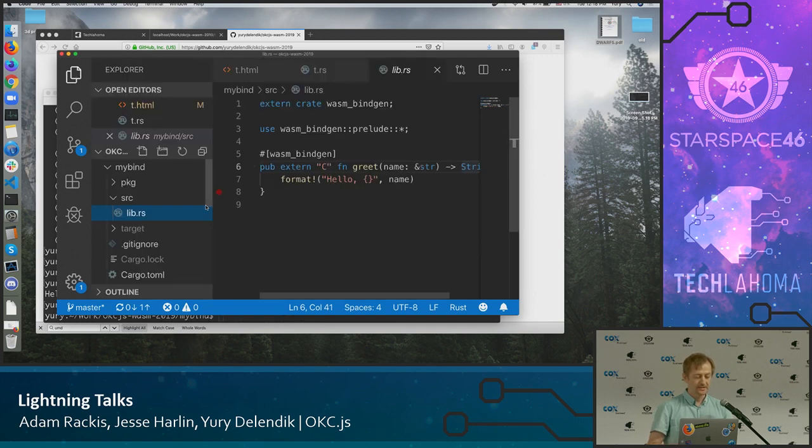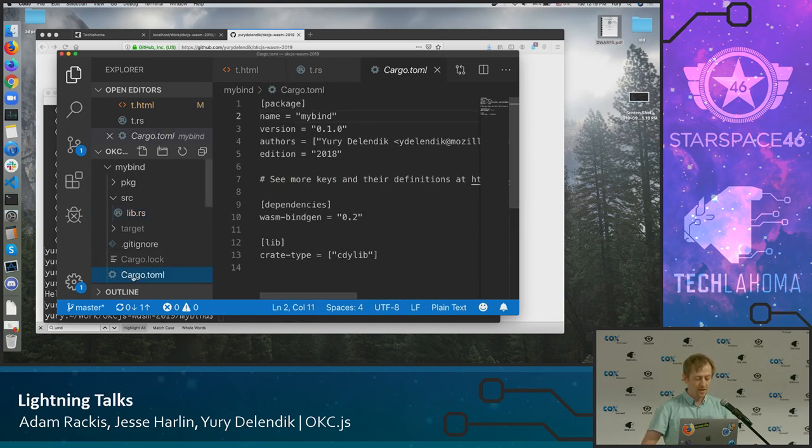So in addition to Rust code, in this case Rust, it can be another language, you have to provide additional post-processing of your WebAssembly to create a layer that would do transformation between memory and primitives into JavaScript objects, which in this case